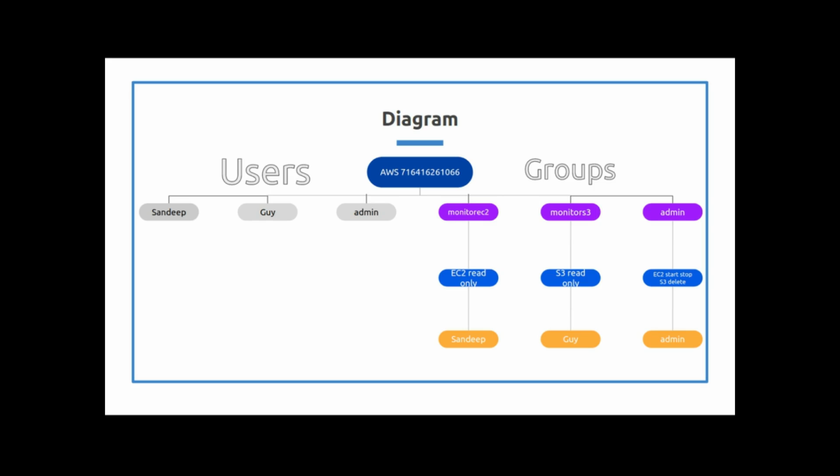So you make it so that the person that needs to do S3 buckets only has access to S3 buckets. They don't have access to the EC2. And even more granular, when they have access to S3 buckets, what are they able to do? Are they able to just see them, or are they able to actually delete the buckets and create new buckets? So that's the gist of what we're allowing people to do and disallowing people to do.